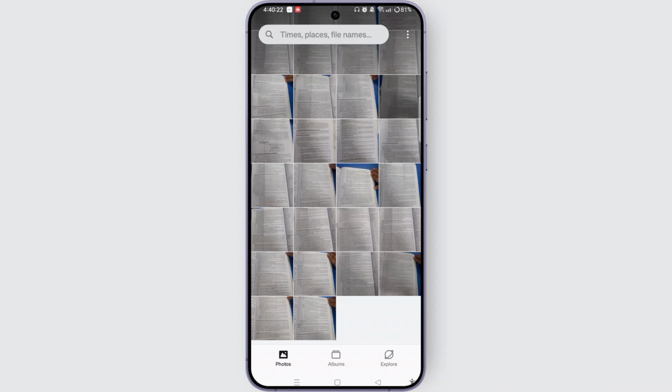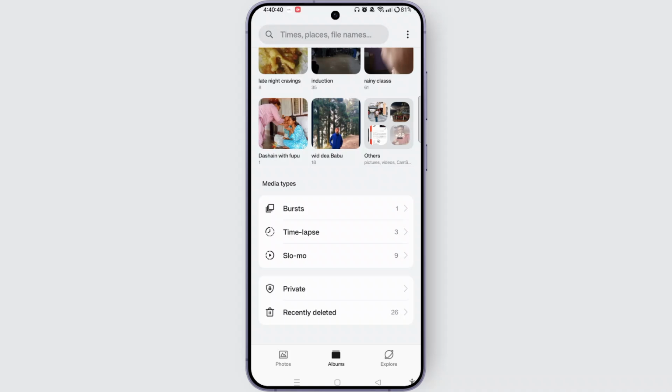So if you wish to even hide your hidden album, then you can hit the three dots. But before that, you can tap on Albums at the bottom center. And you can easily view the hidden album here in the Private section. You can tap on it and look at your hidden photos. But if you want to hide this